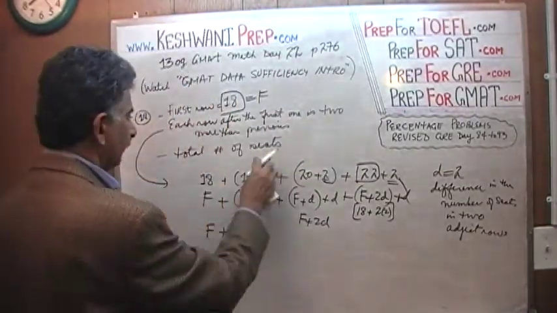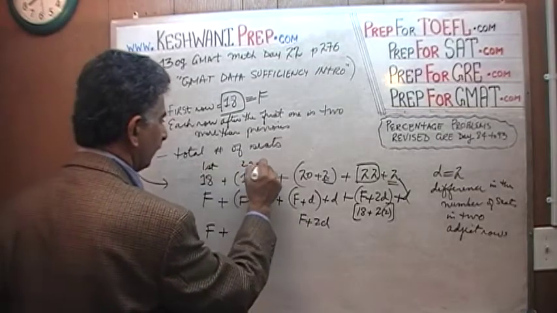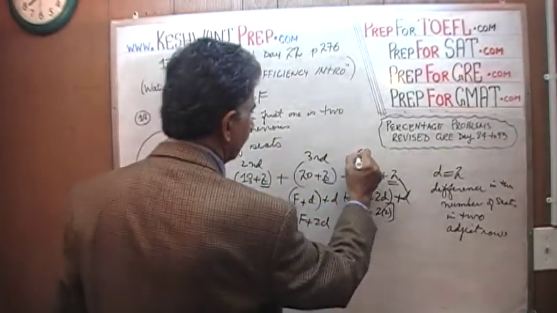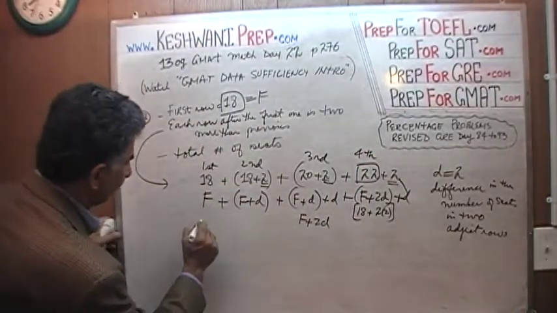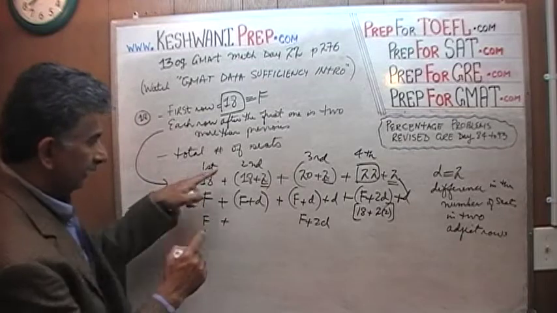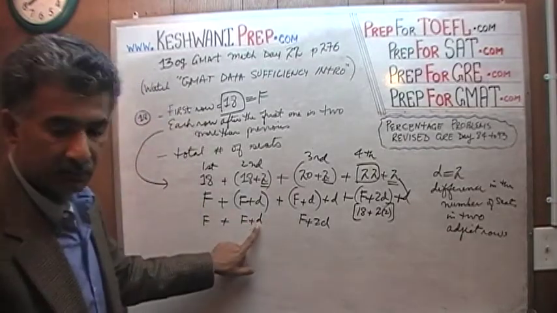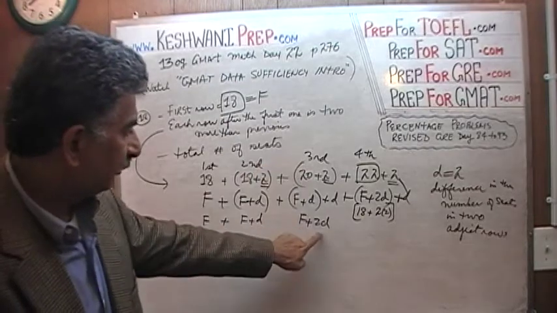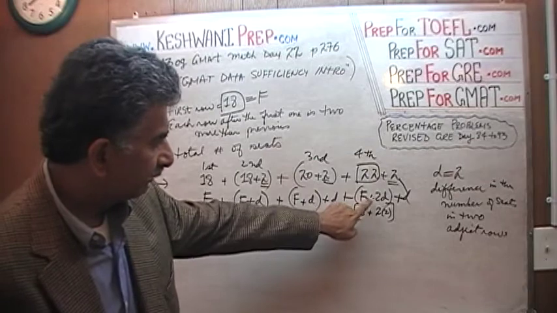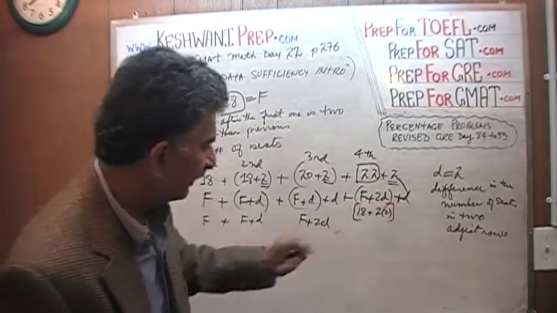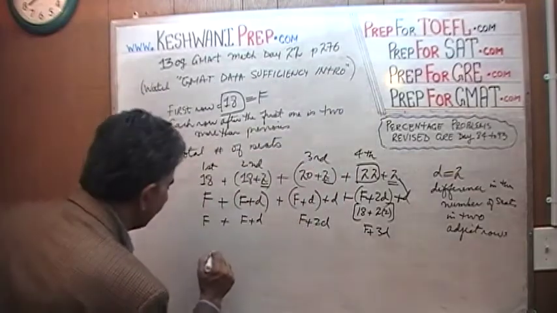this is our first row, this is our second row, this is our third row, this is our fourth row. Now notice what happens. The first one is just f. The second one is f plus d. It's not f plus 2d. The third one is f plus 2d's, as you can see. The fourth row is f plus 2d's plus a d, that's a 3d. F plus 3d. So the formula is f